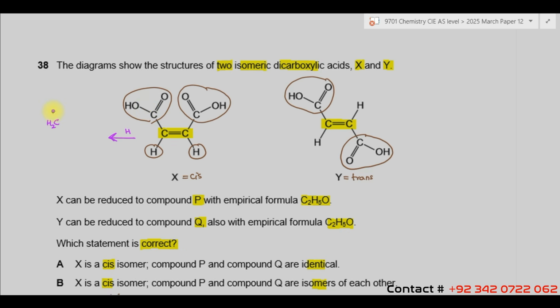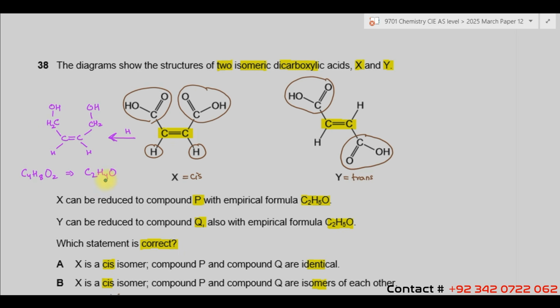CH2OH, CH2OH. Alright, now after reduction, let's see what is the empirical formula for this one. So we have 4 carbons, 8 hydrogens, 2 oxygens. So empirical formula will be